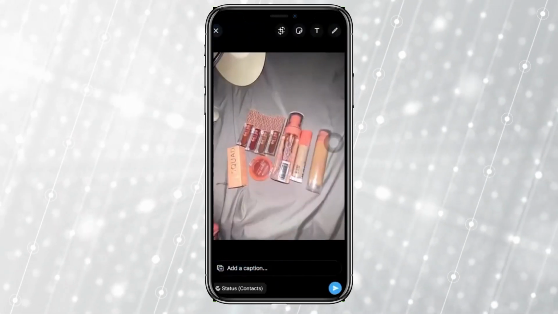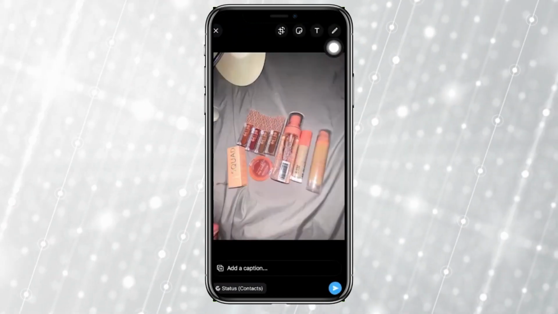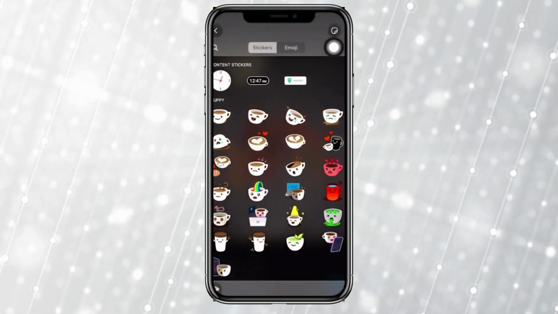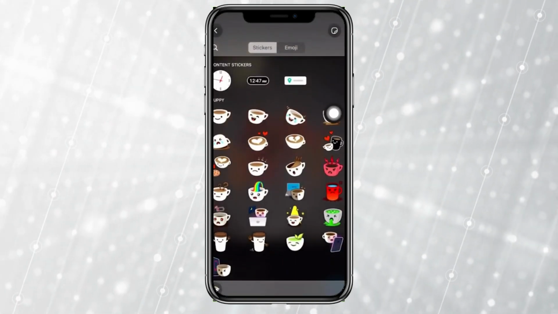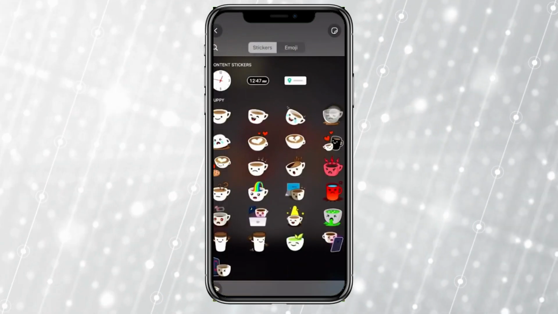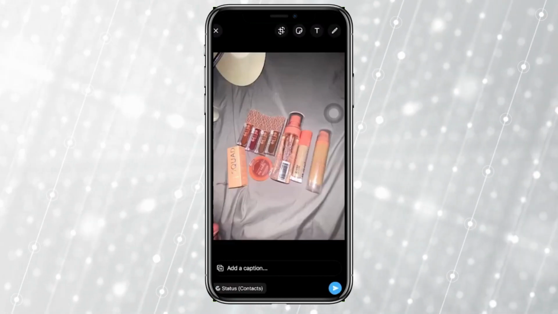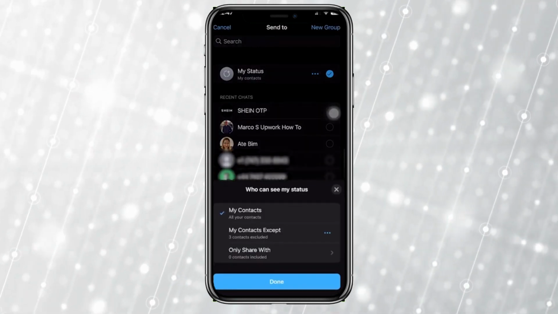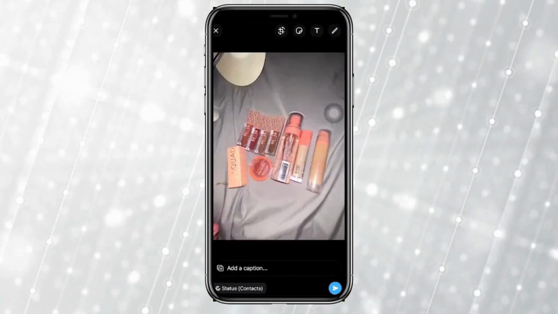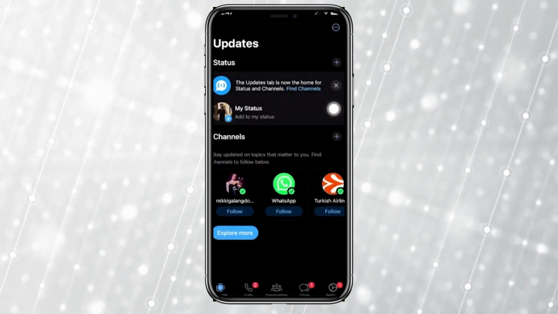In this case, I'm just going to choose maybe this photo right here, and then I could also choose to add some text to that, draw on it, and add some stickers on here. As you see, we have these simple stickers. You also have some simple emojis you could choose from, and then you also have the option to share our status to our preferred audiences. This is the most we could actually do in our Add status option on WhatsApp,